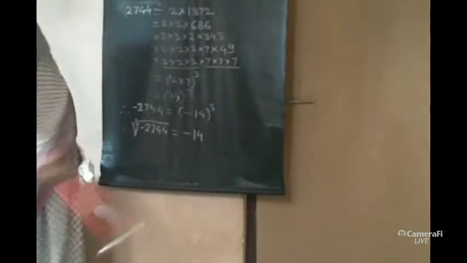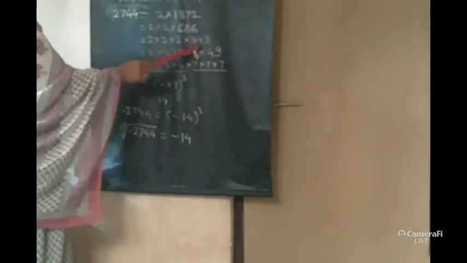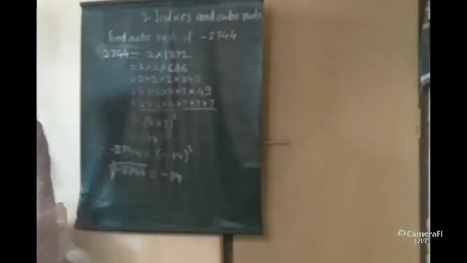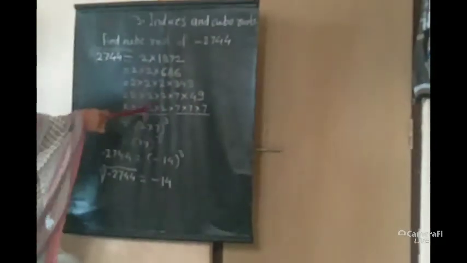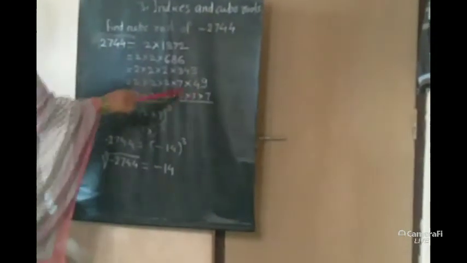Now, we have to find the prime factor of 343. Here, the prime factor should be 7. So it should be 2 into 2 into 2 into 7 into 49. Now 49 is also the square of 7. Therefore, it is again factored as 2 into 2 into 2 into 7 into 7 into 7. Now when we see the factors, we find that 2 is coming 3 times and 7 is also coming 3 times. From a group of 3, we should take only one number. From this group, we take only one number.